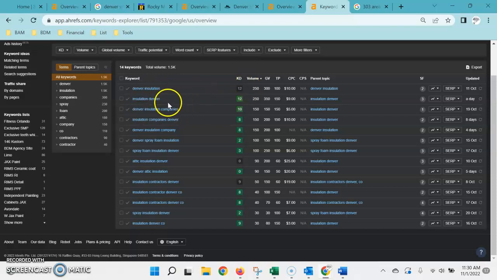So for instance, in Denver, insulation is being searched 250 times a month. Even if we go to, say, spray foam specifically, 100 times per month. If your website was on the top page, 100 people would be seeing your site every time that they search per month. Now, we're very conservative and estimate about 10%, according to Google Analytics. 10% of your total search volume will convert into a lead, whether they're calling you directly or form submitting through the website.